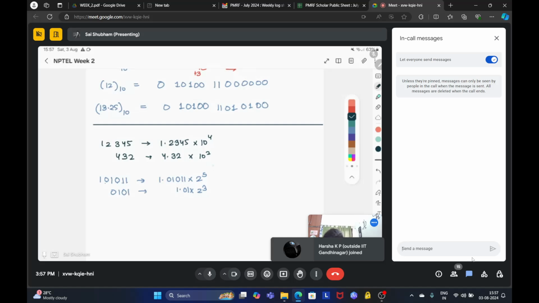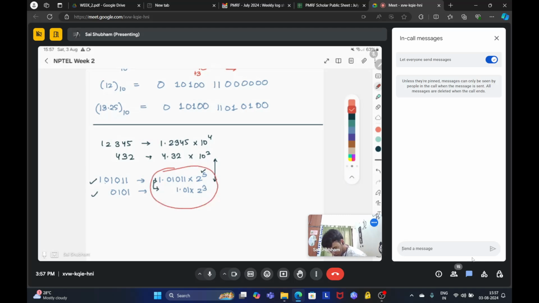Are you getting the similarity between these two? When we have a binary number, we are converting it into floating point by representing it in this way, where we have the power of 2 and the mantissa. So if we are told to add these two numbers,